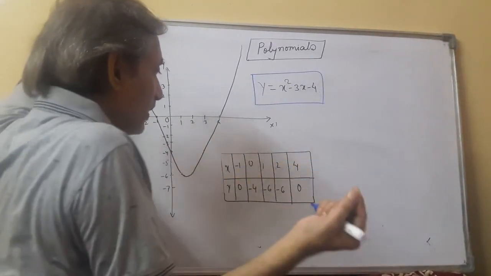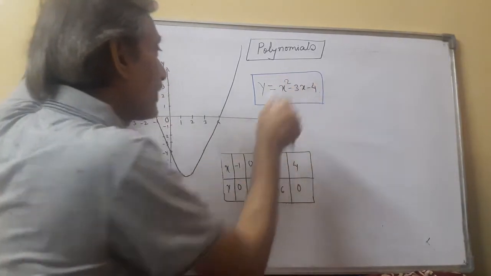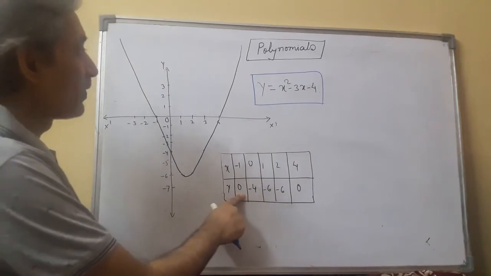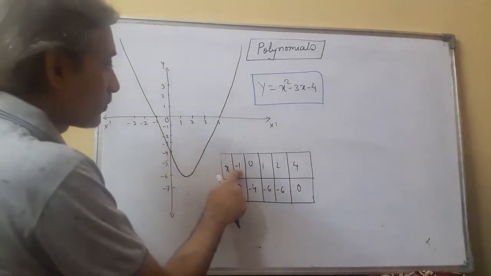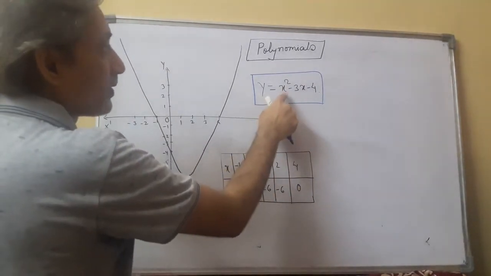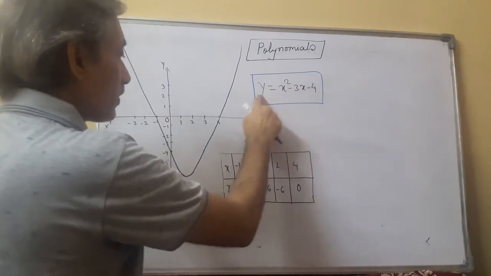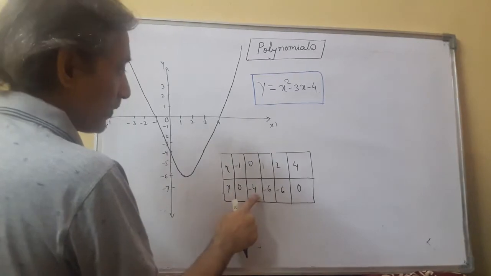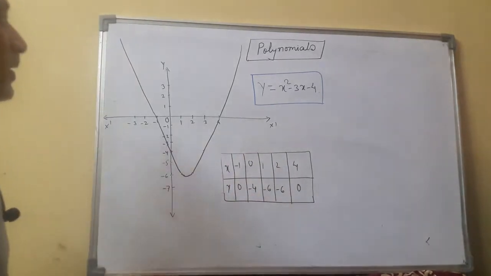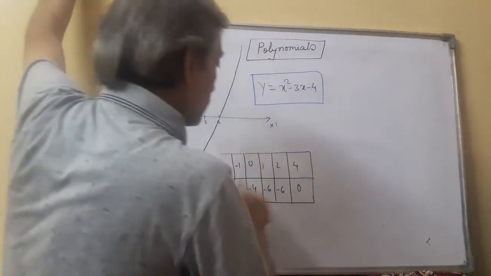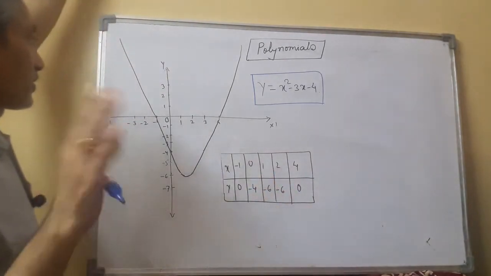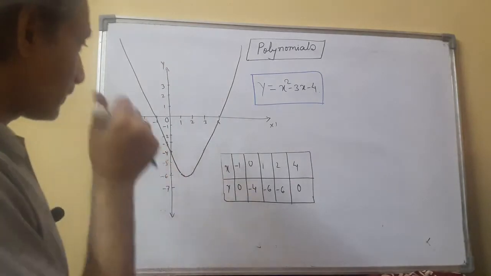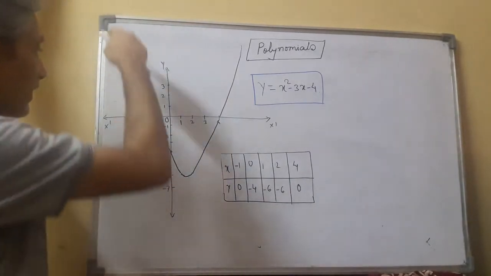You take some values of x of your own choice and get the corresponding values for y. For example, I took -1, put it here in place of x, and you will get y as 0. Then put 0, we are getting -4. After getting these values, take 5, 6, 7, 8 values and plot them on graph paper. So you will get a curve like this.